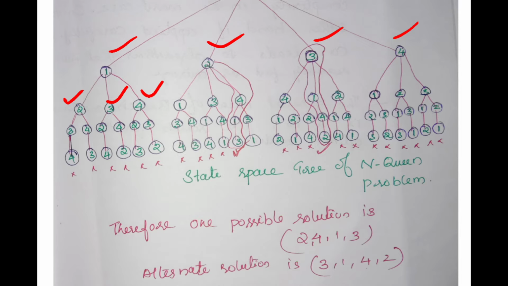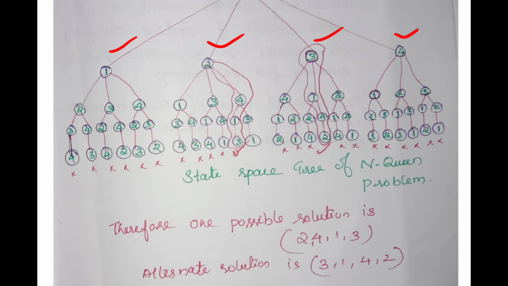Next, suppose we place the second queen in the first column, then how many remain? 3 and 4. Then after you take 3, only the fourth queen remains. So 1, 2, 3, 4, that means the 4 queens are placed. That is the concept, and we can understand it in a simple way. So 1, 2, 3, 4 is first, and we are setting from there.